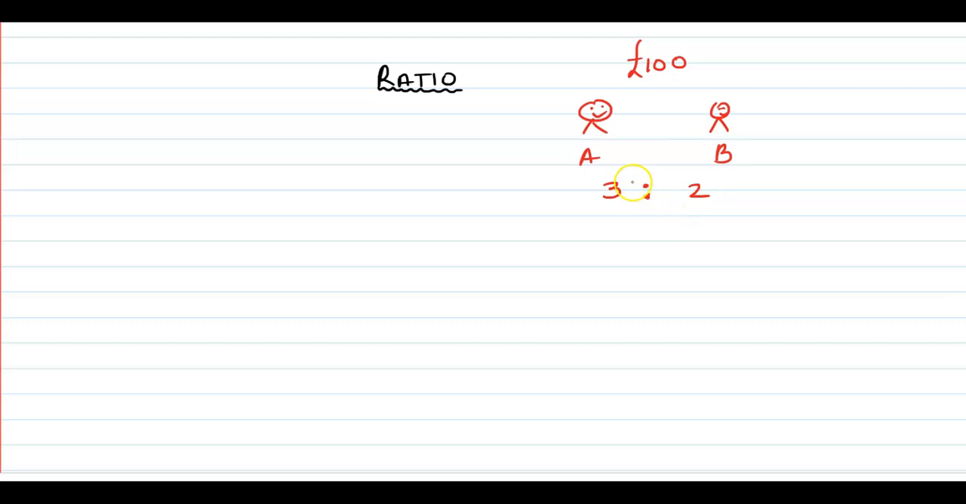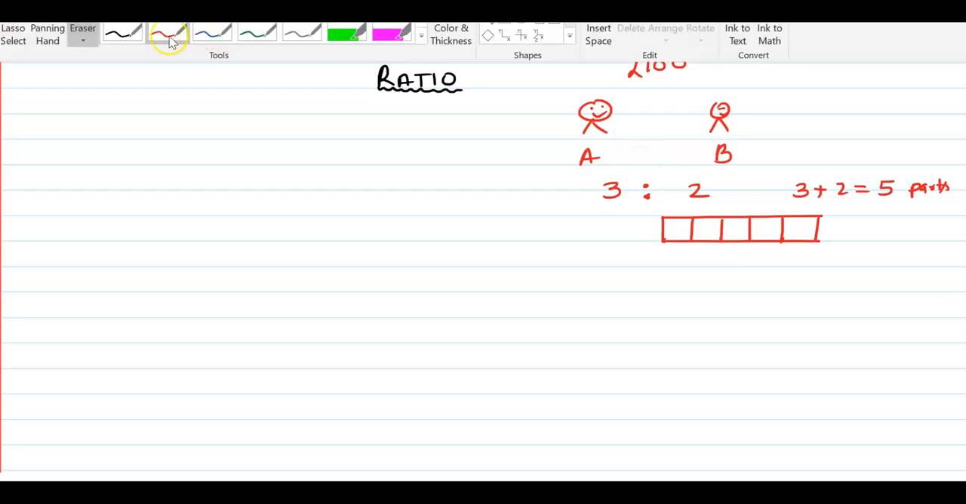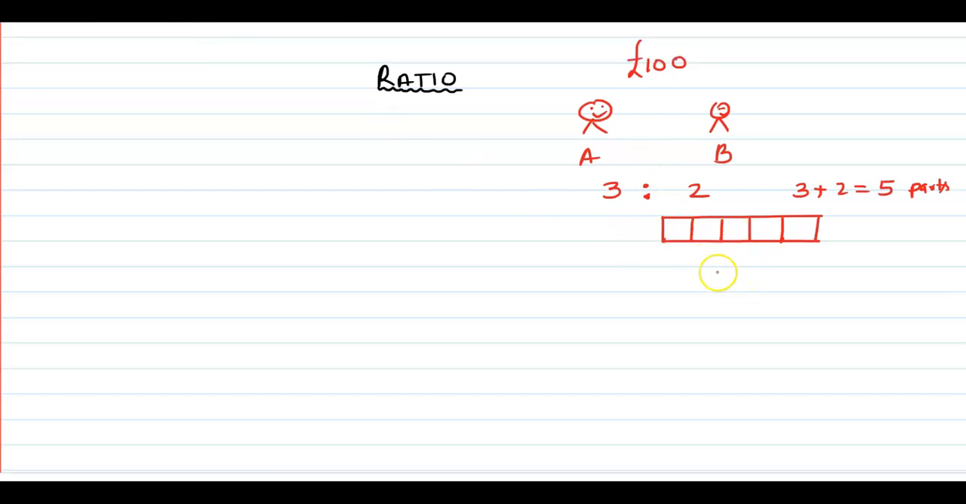3:2. Means if you add them, 3 plus 2, it becomes total 5 parts. Okay, so if you do like this and divide it into 5 parts, 1, 2, 3, 4 and 5. So these are 5 parts. So I have rubbed it 1, 2, 3, 4, 5. So total 5 parts. Now 5 parts